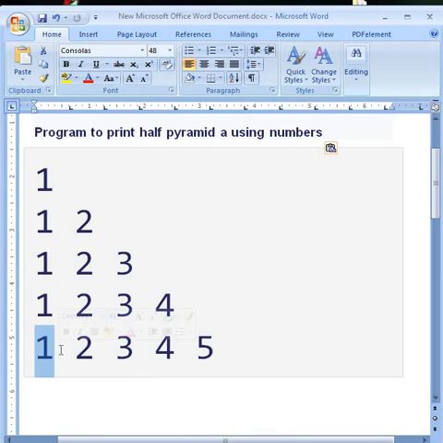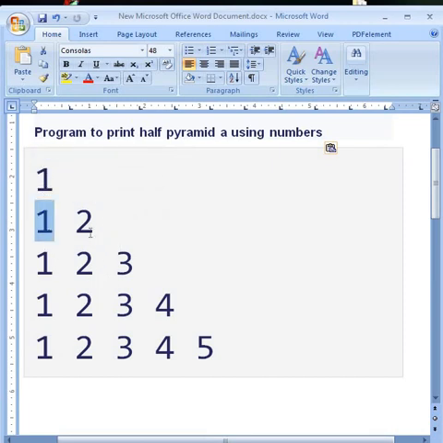In my previous program, you can see that the entire program was constructed by star, but in this program the pyramid structure is constructed by numbers, where initially it starts with 1, and after that in each row one number is added.